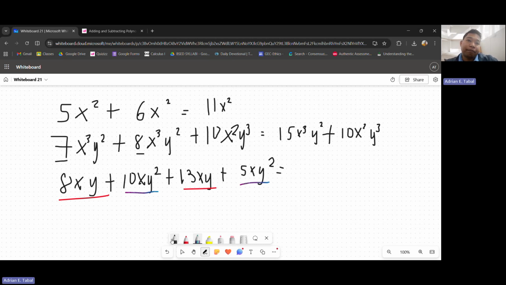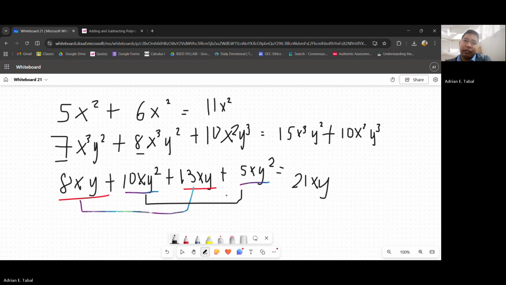So we add first 13 and 8. 13 plus 8, that is 21. Copy xy. Then next, we add 10xy squared and 5xy squared. That's plus 15xy